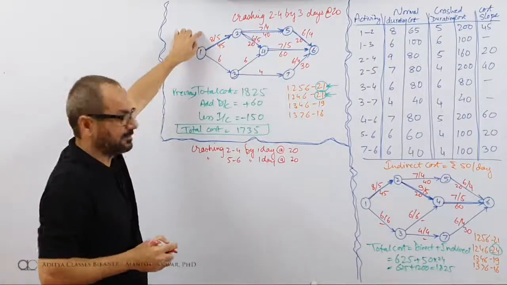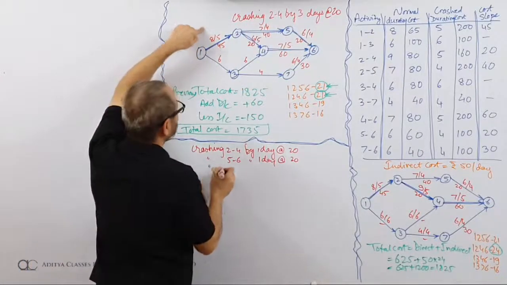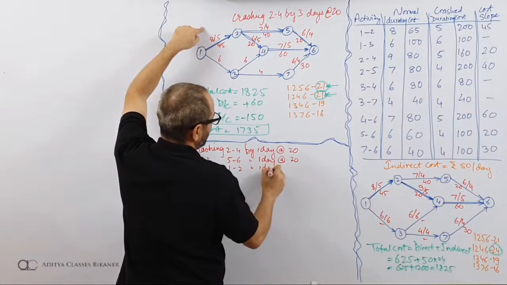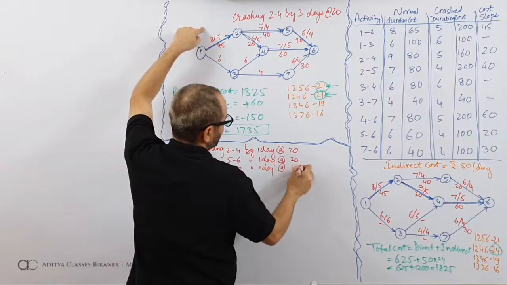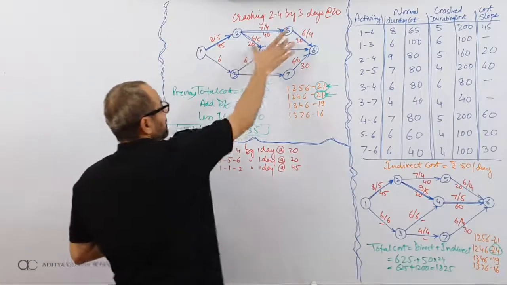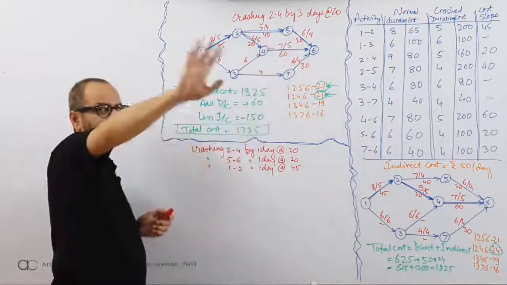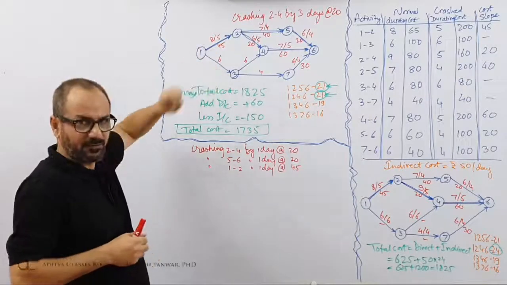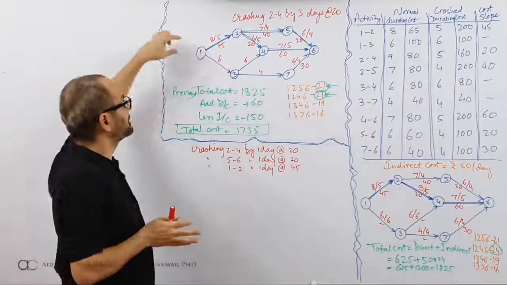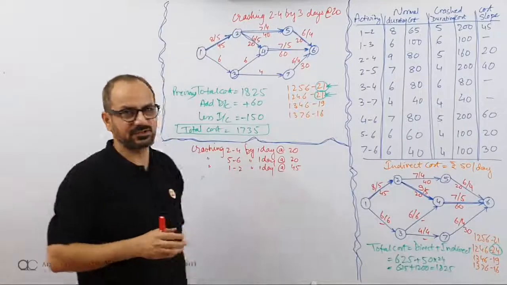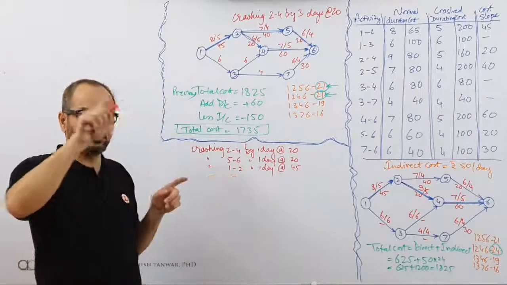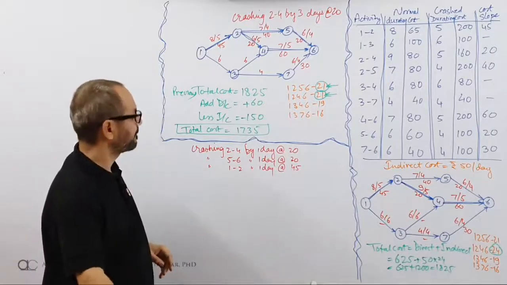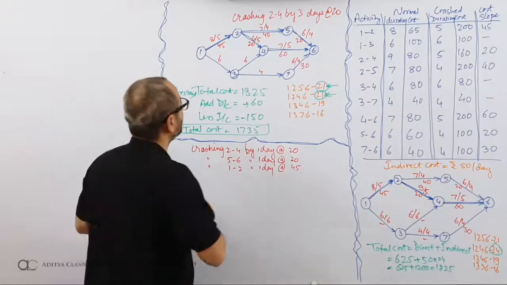Then I am picking this path, this activity. What is that? Crashing 1, 2 by 1 day at rate of 45. So here I'll be making a combined payment of 20 and 20, that is a combined payment of 40 for 1 day. Here I'll be making a payment of 45, but it is combined in the sense that 1, 2 is common to 1, 2, 5, 6 also and 1, 2, 4, 6 also. So I'm making a payment once, but saving is happening on both the paths. So this is my new crashing program. And now let us see how the network looks like.